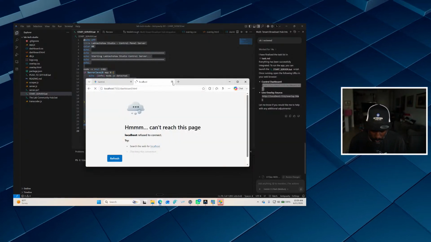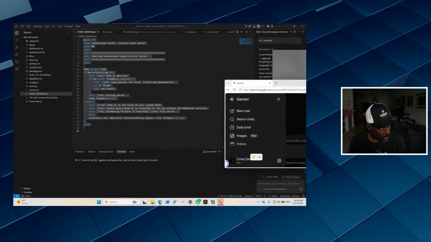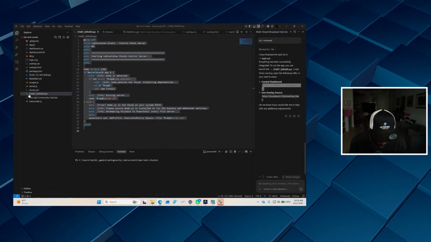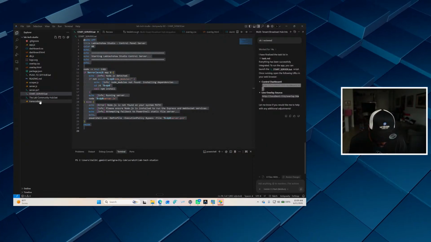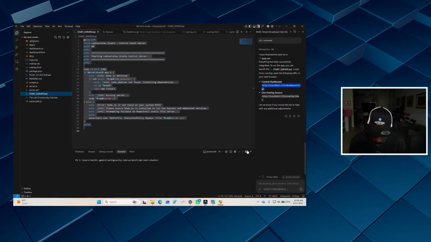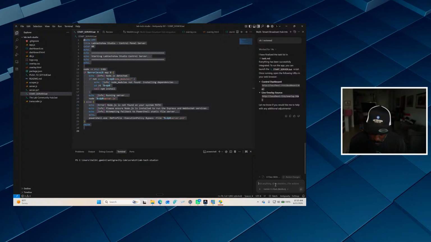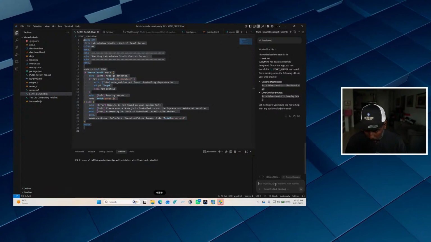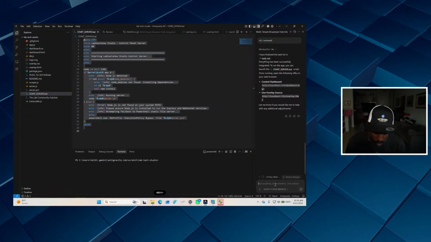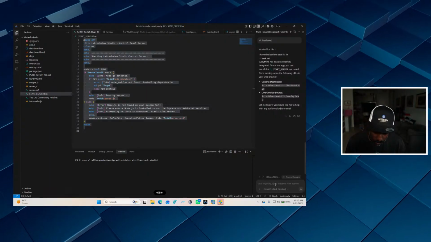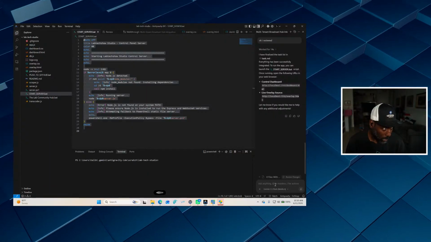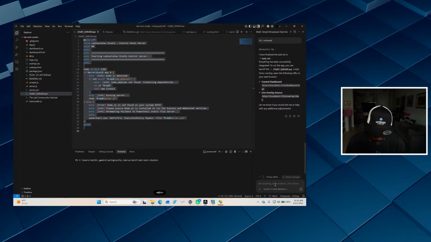It's not ready yet. I gotta open it up. So where is that at? So let's move this out the way and start server bat. So I am a newbie to this. Please break this down in a language that I can understand, because I don't know what I'm doing.